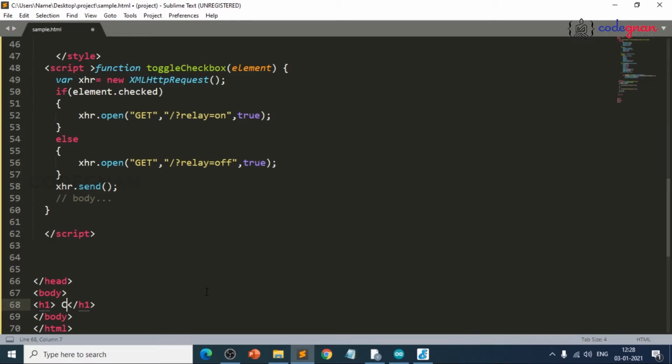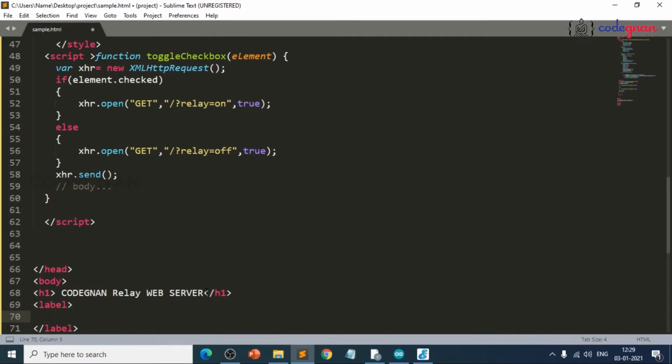So I'm writing CodeGnan relay web server, and then label class equals switch. So I need to write this in the label part.